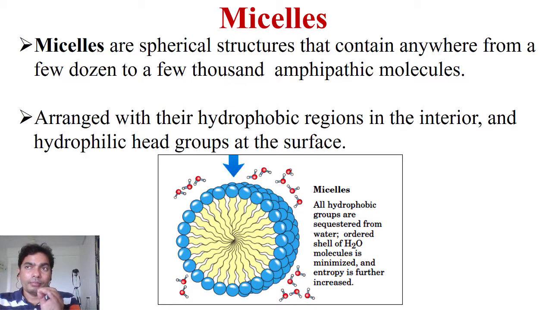Mind one thing, a membrane is a bilayer, but here, when there is a breakage or something happens and individual phospholipids or lipids come into the water, if you mix the lipid in the water, then this kind of structure may form. Micelles means there is only one layer, with the hydrophilic region here and the hydrophobic region here. All hydrophobic groups are sequestered from water, meaning to avoid the water they have this arrangement.